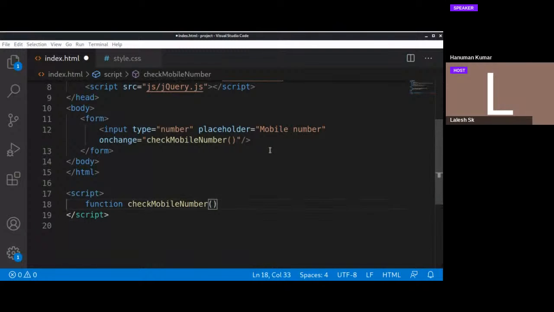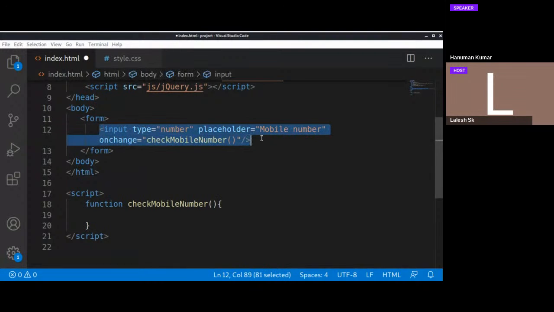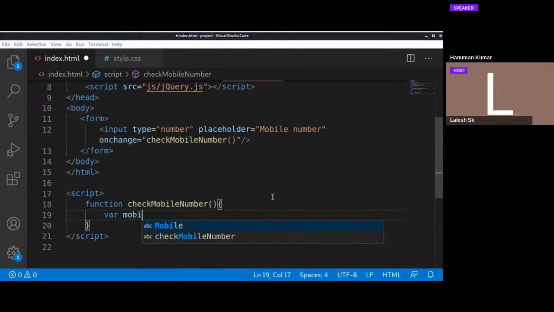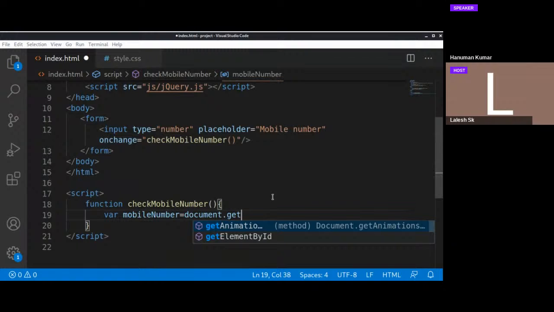Alright. So check mobile number, and we have to get the value from this. So whatever the value we are going to enter, we have to get it out first. I'm going to use var mobile number, which was entered by the user, mobile number equals to, I'm going to use document dot get